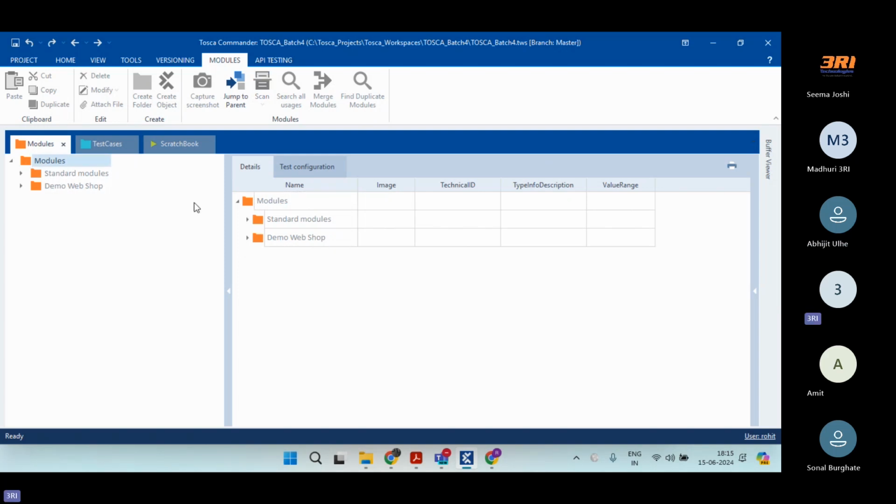So, Tosca is usually termed a codeless automation tool, or a module-based automation framework. The only reason is that we do not script any code or program any piece of code to run a particular test scenario. Here, we just scan the pages. When I say scan the pages, we create modules for those pages, and we use those modules